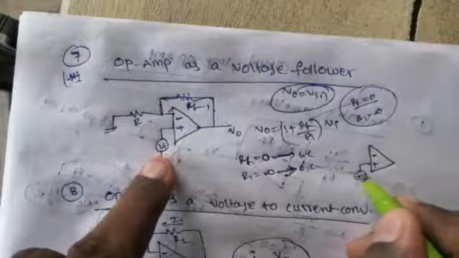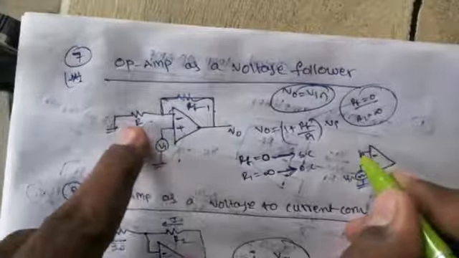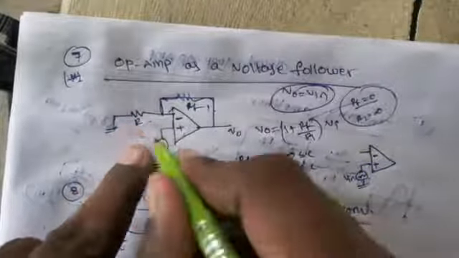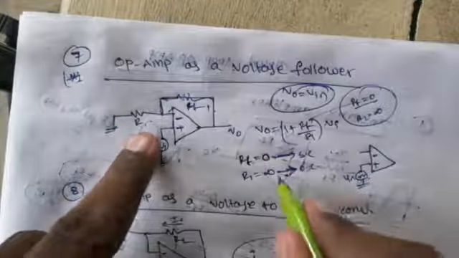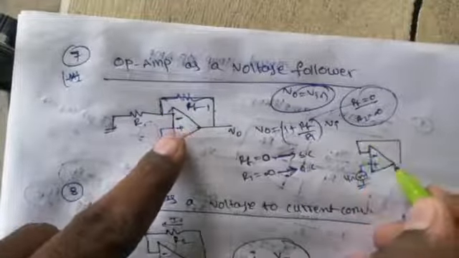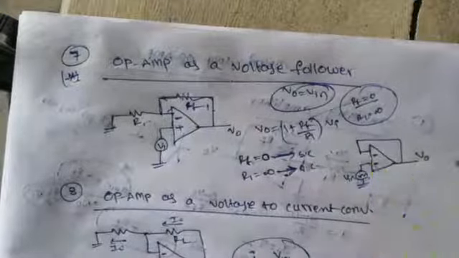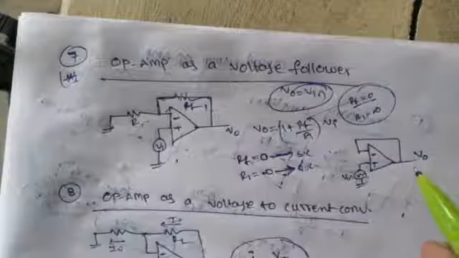Here you can apply the input voltage and this is the feedback path. The input side resistance R1 will be open circuit, it will be infinity. If the feedback path is short circuit, directly you can connect, this is a short circuit, this is the output voltage. So now this circuit belongs to the voltage follower.